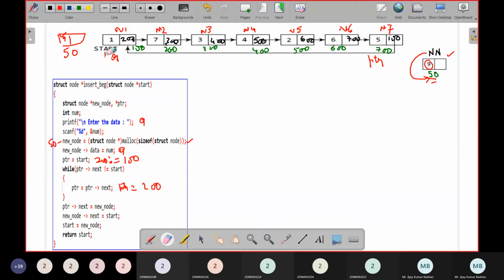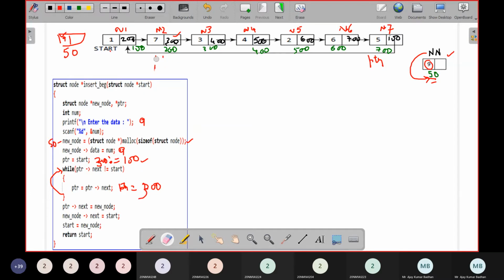Now it is going to skip from this location and jump to this location. Again the looping will continue while pointer next is not equal to start. What is the address in pointer next here? 300. 300 is not equal to 100. The condition is true, so pointer equal to pointer next. This time the pointer is pointing to 300.